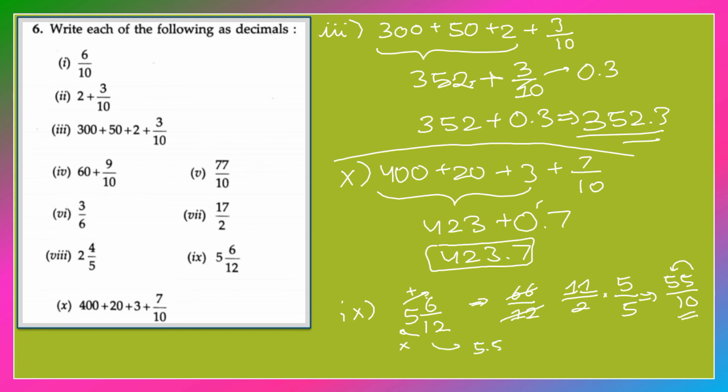Or the second way, you can just simplify 6 upon 12 as 1 upon 2, then also you're going to get 5.5 as well. So this is the ninth part I have explained to you. For the other part also you do the same thing. Convert it into a mixed fraction and then try to simplify it to the lowest term, and then if you know how to divide, you can divide directly also. But if you don't know, try to make the denominator into 100. Okay friends, so these are the steps.